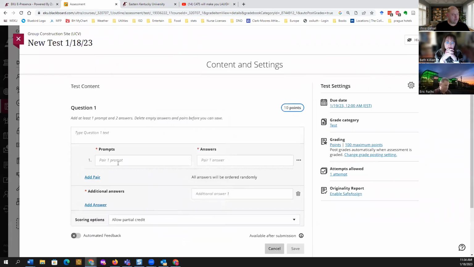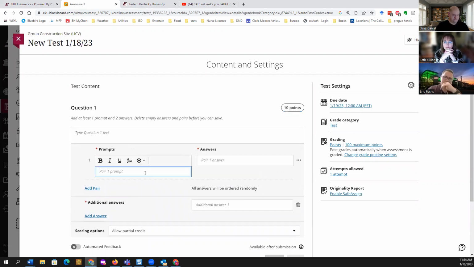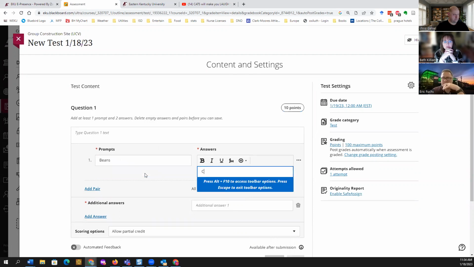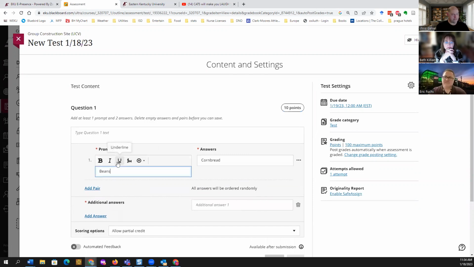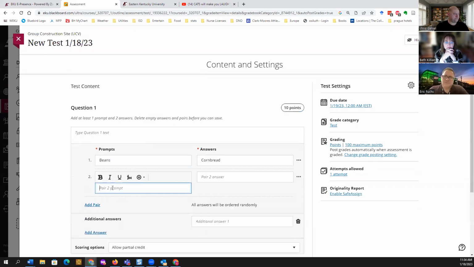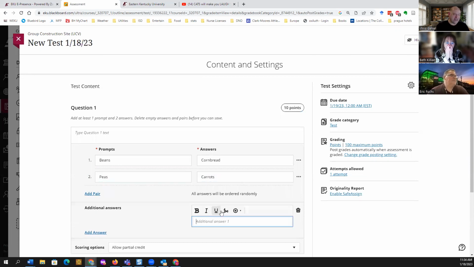Matching questions work very similarly to Blackboard Original. You just add the prompt and then add the answer. You can add a fake answer.